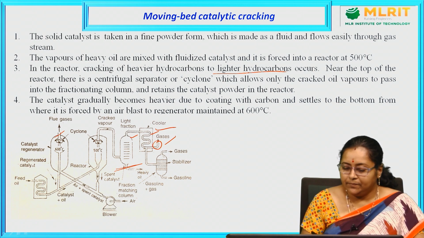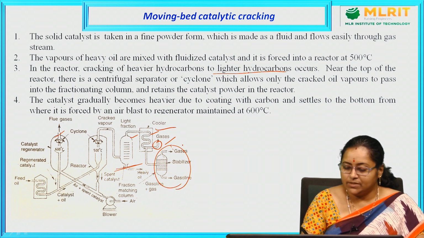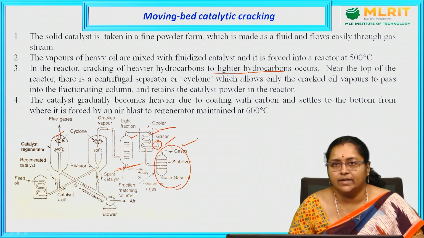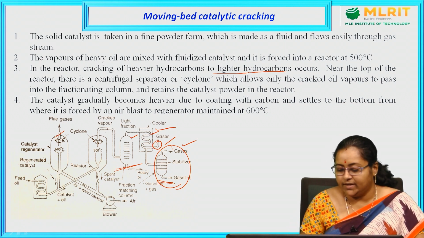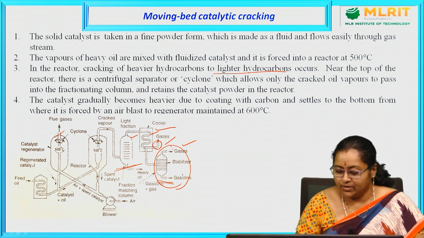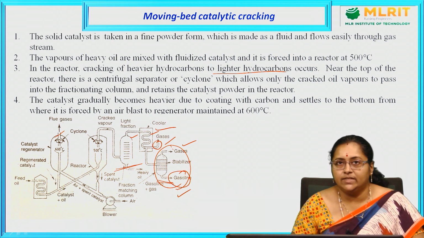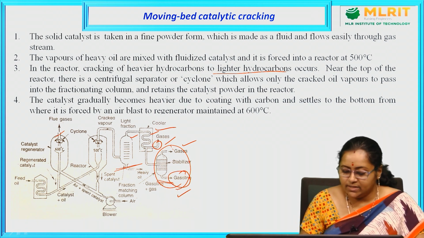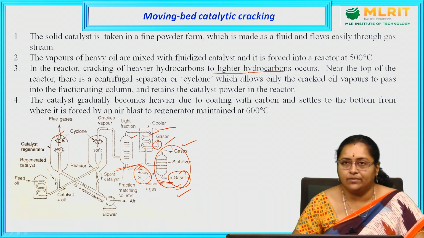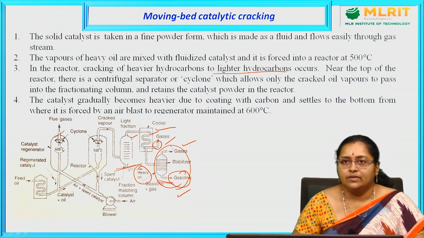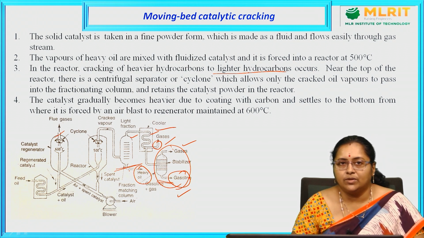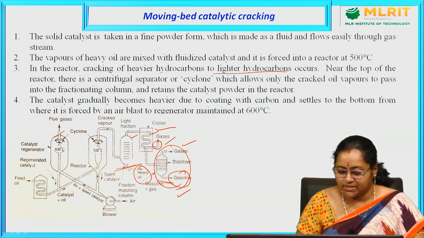Then the synthetic petrol that is produced is allowed to pass into a stabilizer, where again purification or refining takes place, so that at the outlet provided at the bottom of the stabilizer we can collect gasoline, that is synthetic petrol. There is a chance for formation of unreacted heavy oil during this process, which can be collected from the bottom, where one outlet is connected to the tall fractionating column.